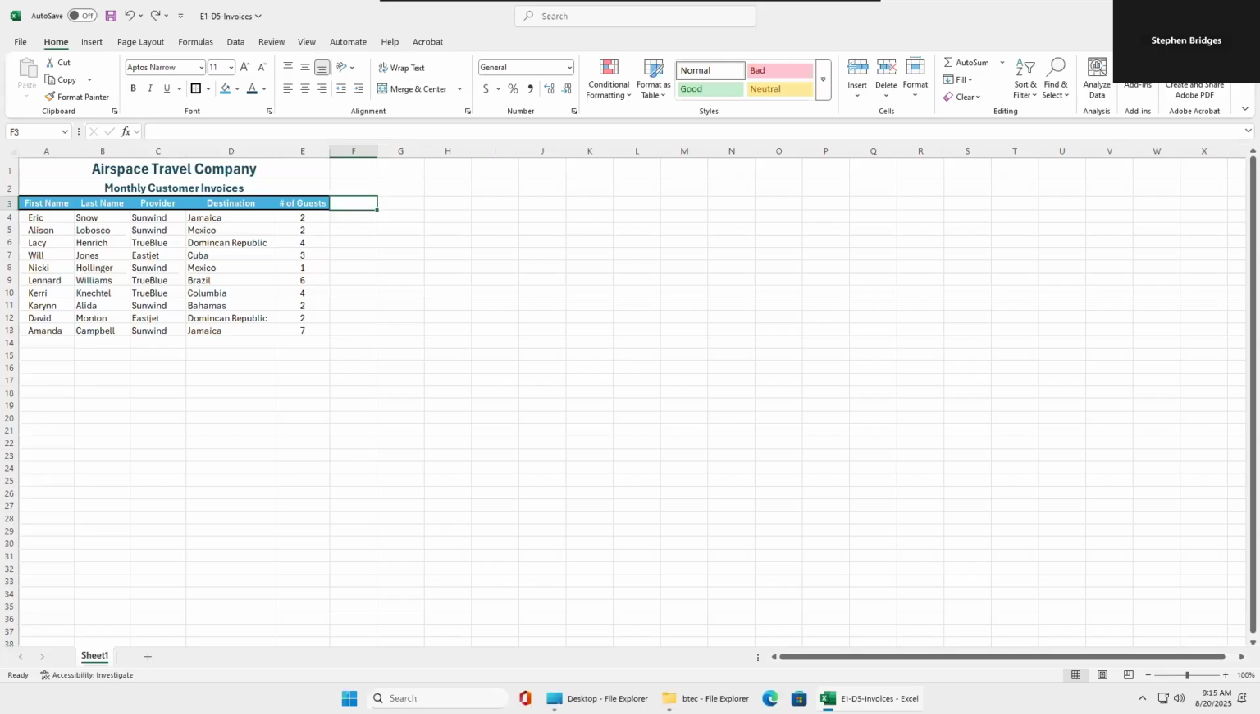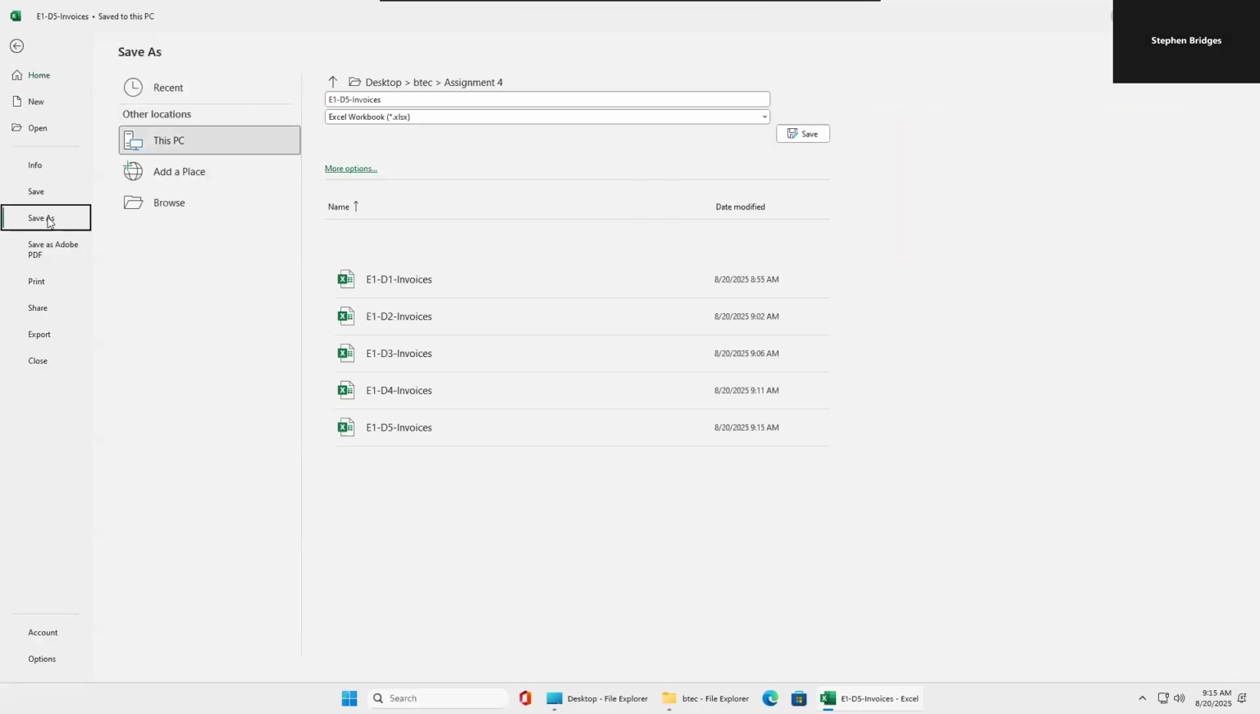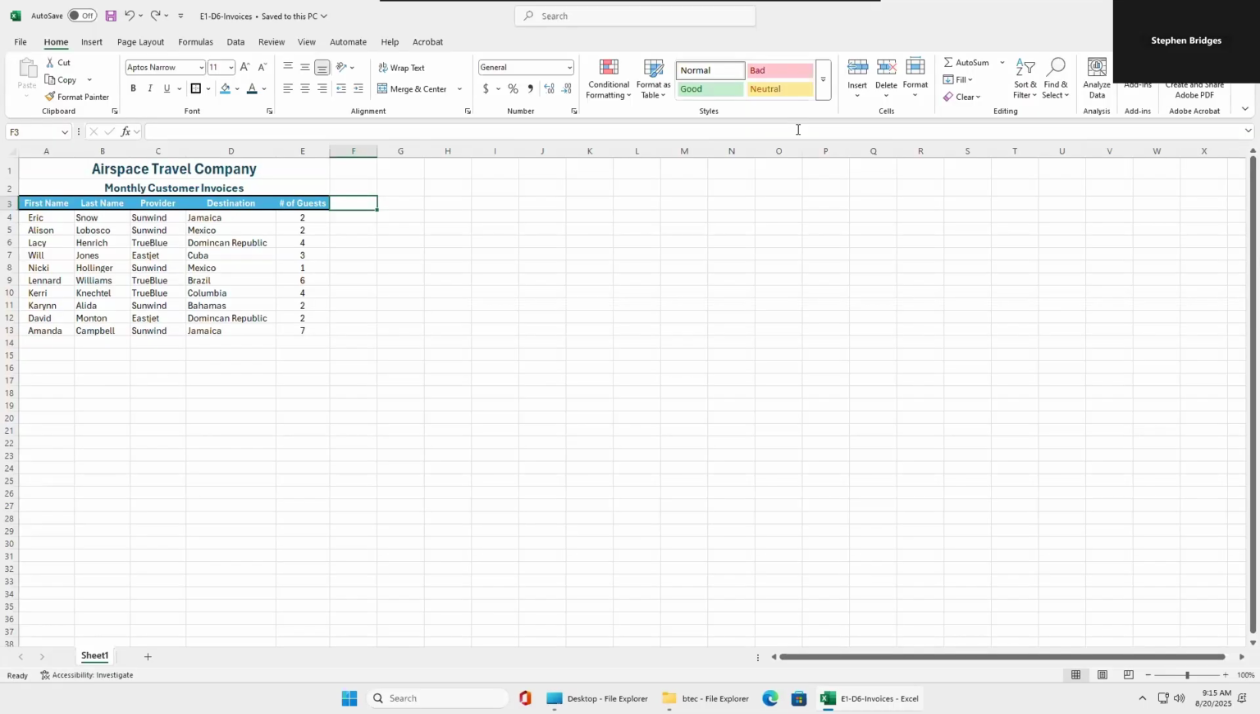Now we move on to E1D6. First thing we'll do, of course, is save our previous file as D6. And here we're adding in a little bit more information, working a little bit with formatting the cells, or number formatting. So in cell F3 here, we're going to type price per person, and here we'll be able to see